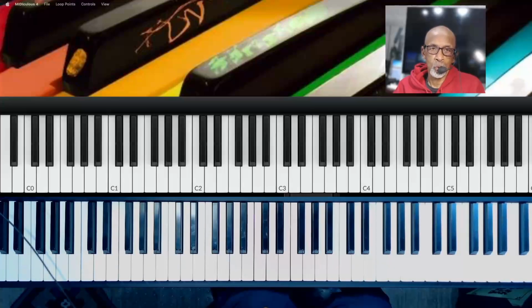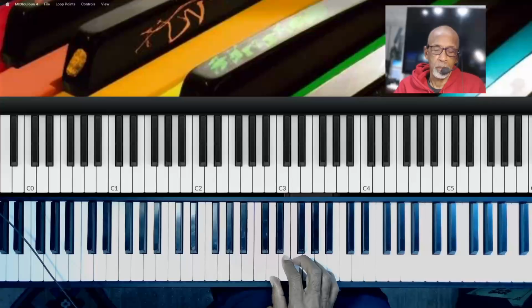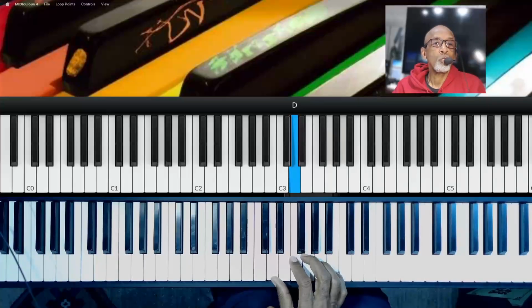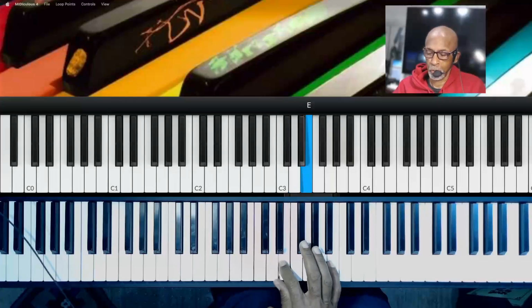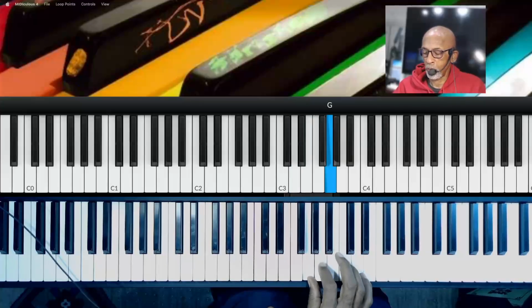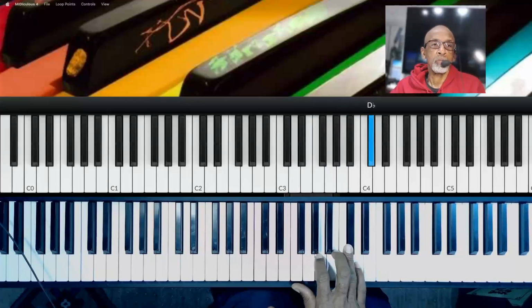So I'm just going to walk you through all the remaining. I did 2, so let's do the remaining 10. I'll just tell you what they are, but you know the drill. You're going to have to get familiar with both the letter names and the numbers system. So let's go to the key of D. And you can see the letter names there on the screen. So I'll just call off the numbers. 2, 3, 4, 5, 6, 7,